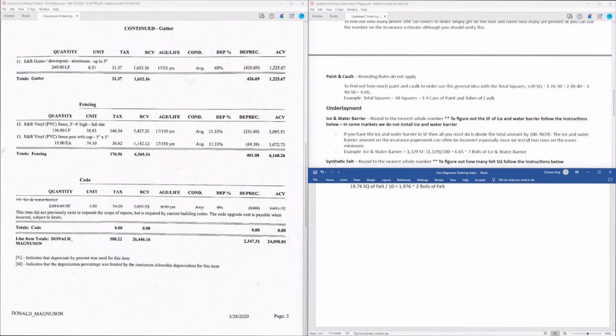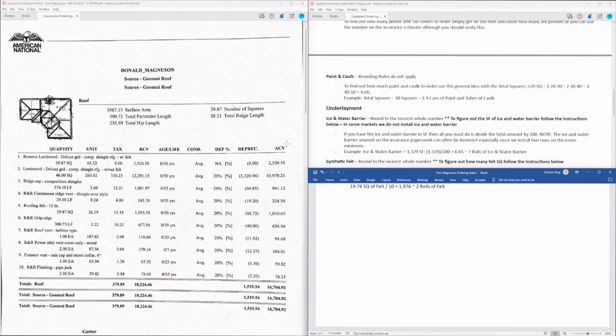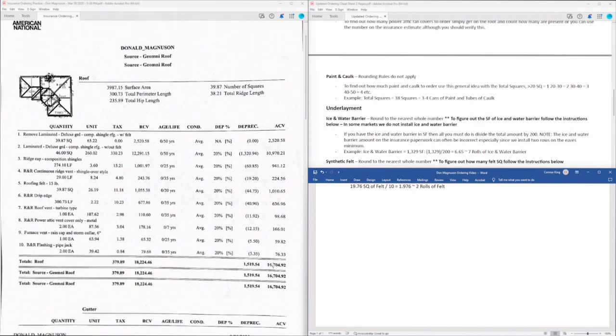So to find the ACV, we're just going to look at the ACV column, and it tells us our number right here in the total. So our ACV for this one is going to be $16,704.92. Now the RCV is going to be slightly more complicated in this specific situation. We have our